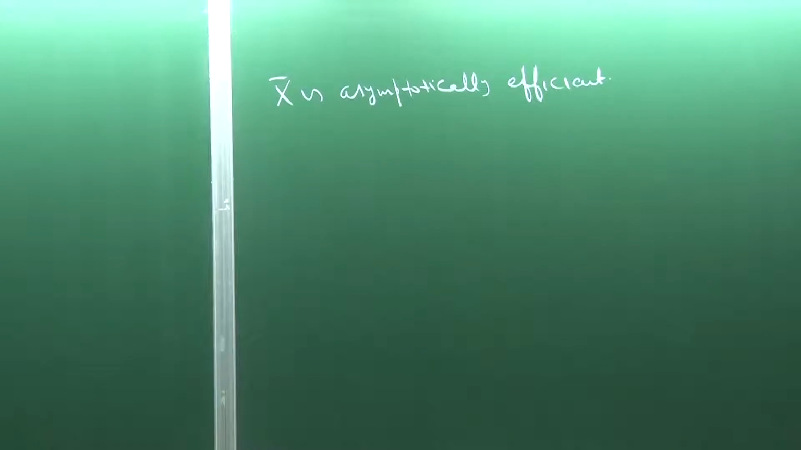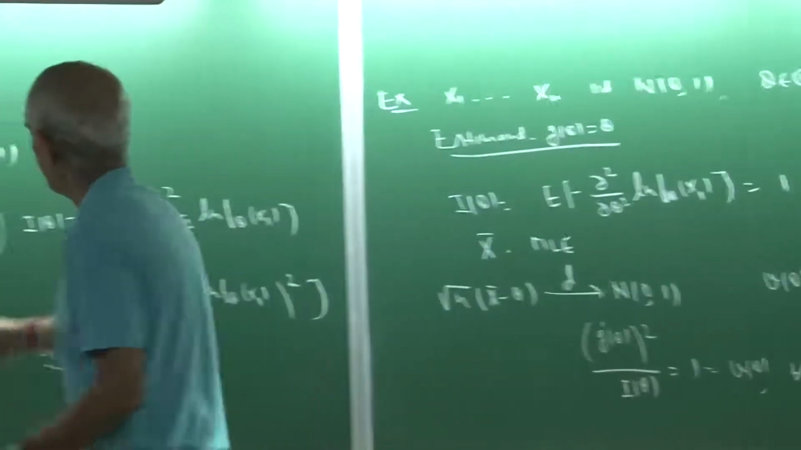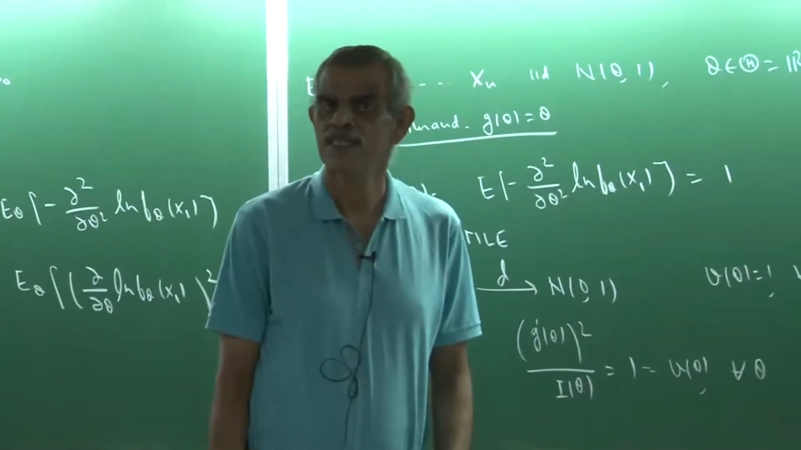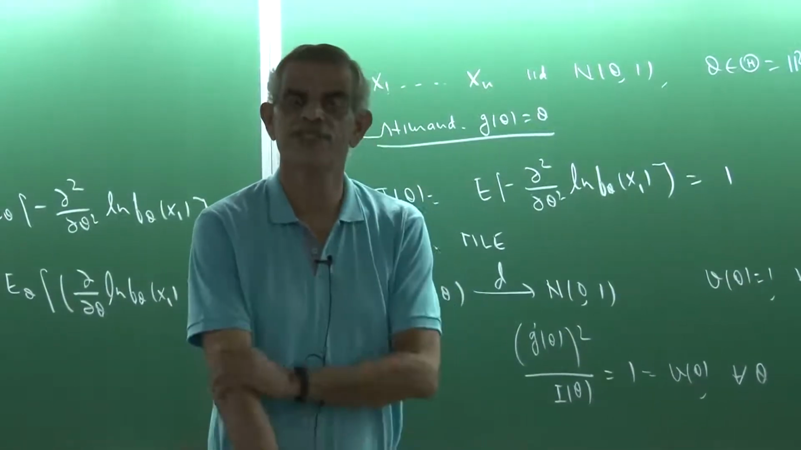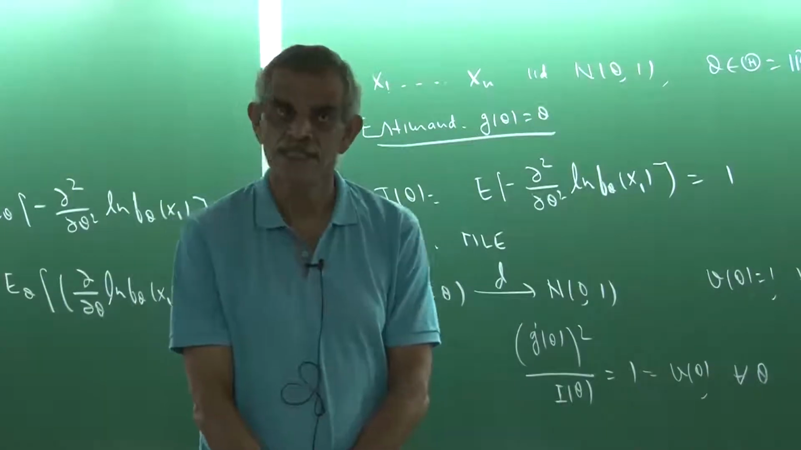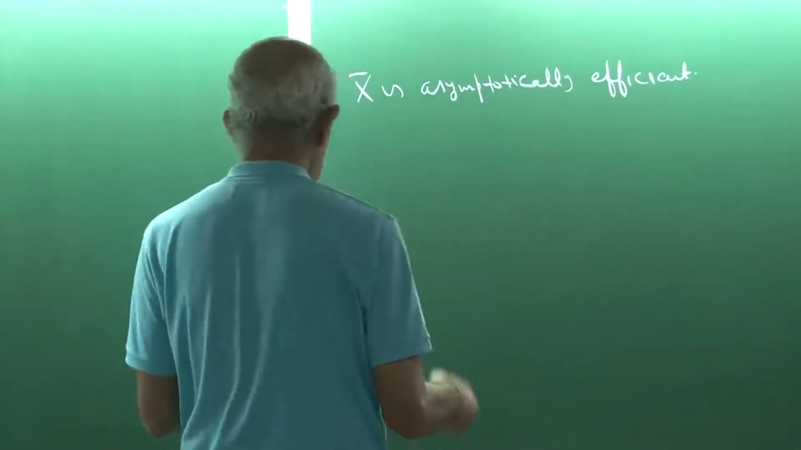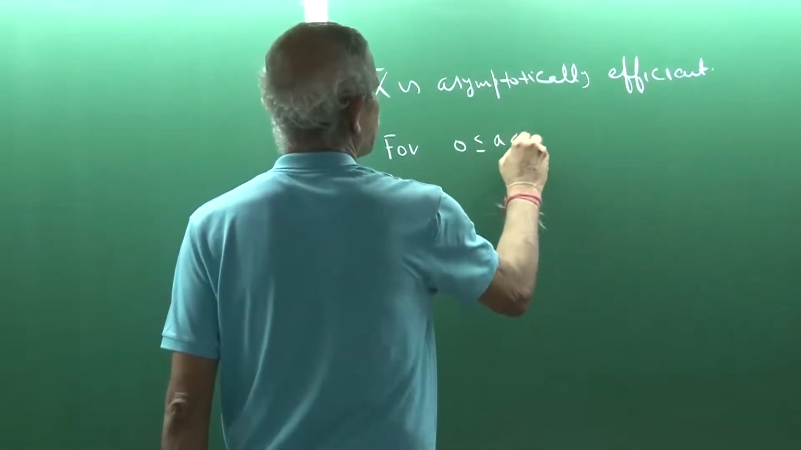Now I'll consider one example where again this inequality is attained almost everywhere, but there are a few thetas where it is not attained. Of course, the set of all those thetas would have Lebesgue measure 0. So let us try to consider the following example. For 0 less than or equal to a less than 1,